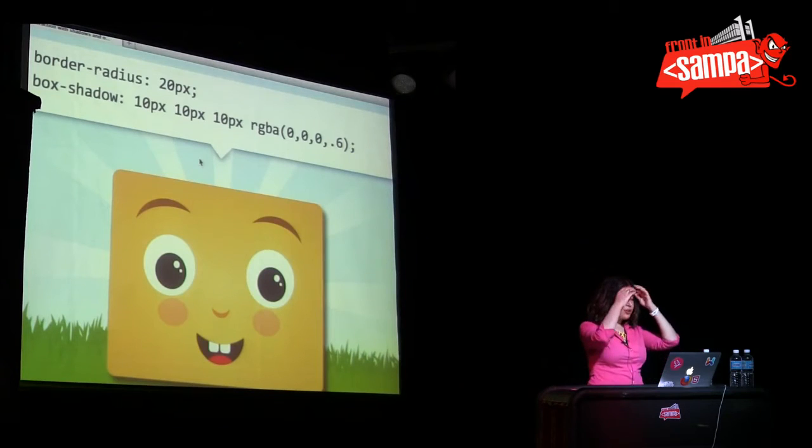So we saw how border radius interacts with borders, but how does it interact with other properties, such as shadows or outlines? So here we have,